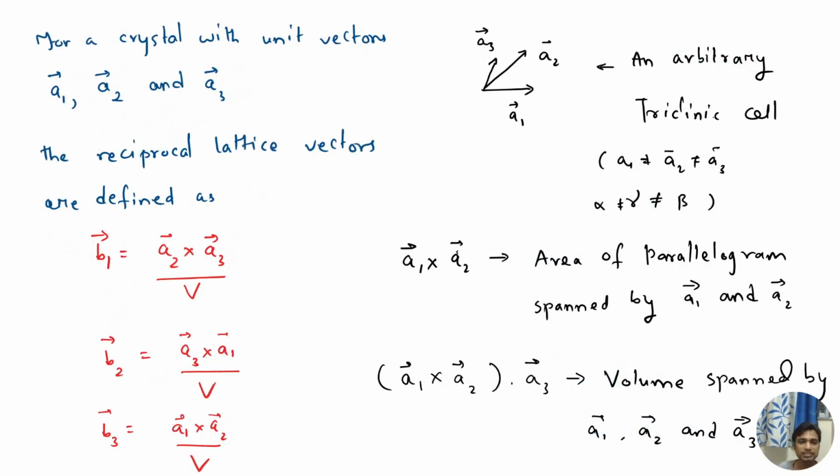So let us say a crystal. What is a crystal? A crystal is a periodic arrangement of lattice points. So since it is a periodic arrangement of the lattice points, it can be